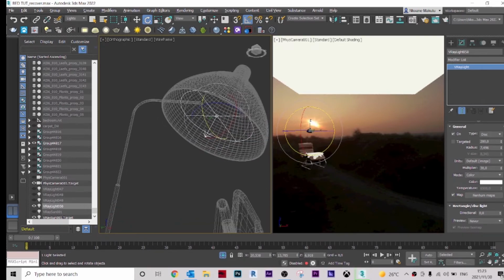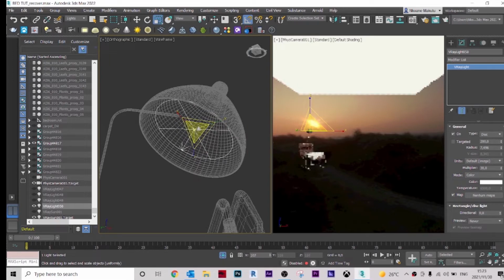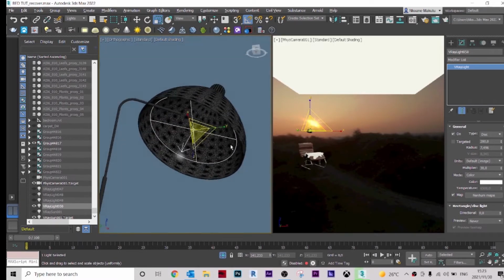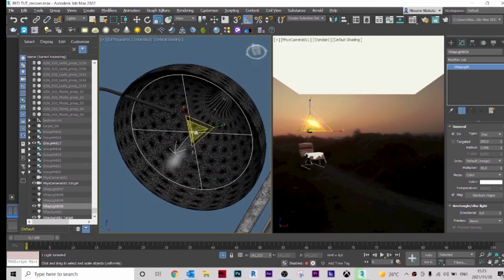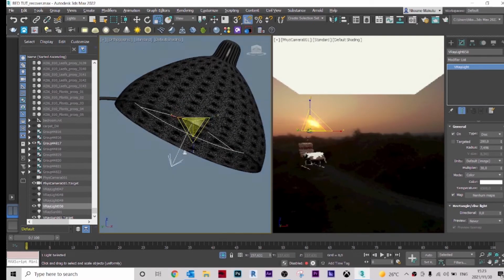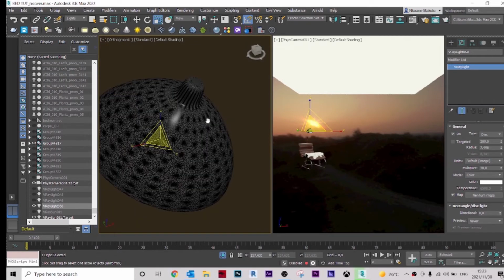That is good. I will then increase its scale just to make sure that it fits perfectly inside this dome. Okay, so once it's like that,